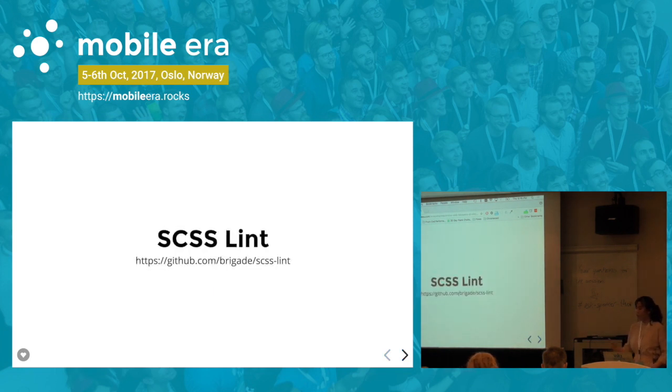Now, of course, once you want to maintain those consistencies, you want to maintain those standards that you just set. And I think it's important to start linting your CSS. I use SCSS lint for our code base because we use Sass. And you can either just run it after developing, or you can integrate it with your IDE,